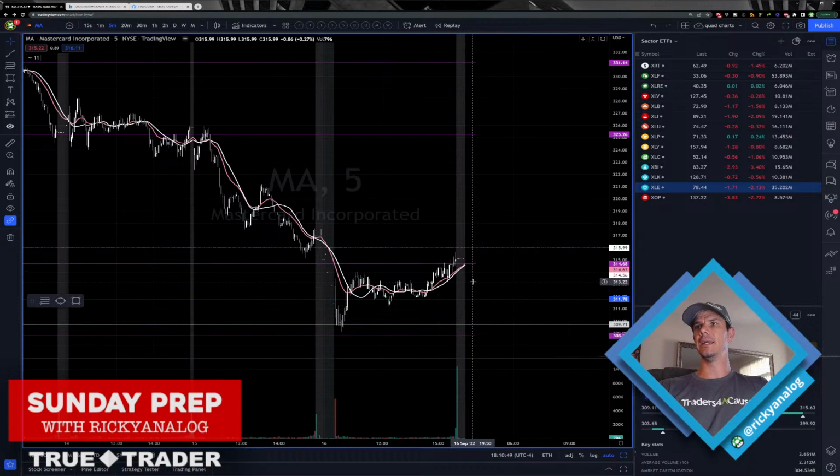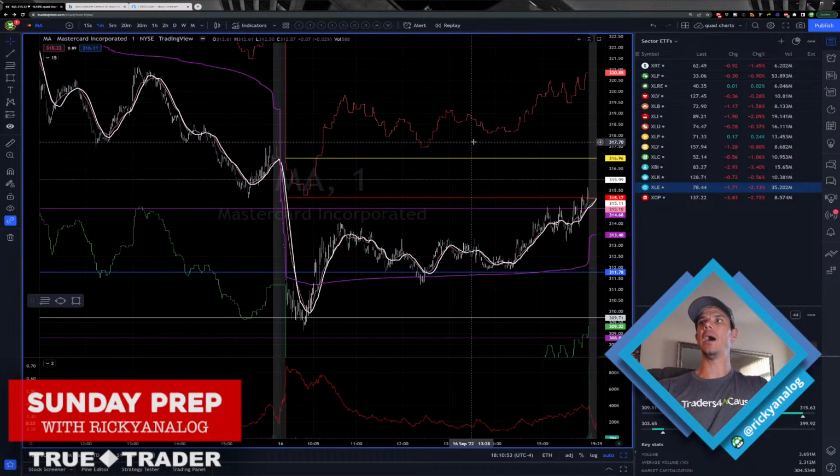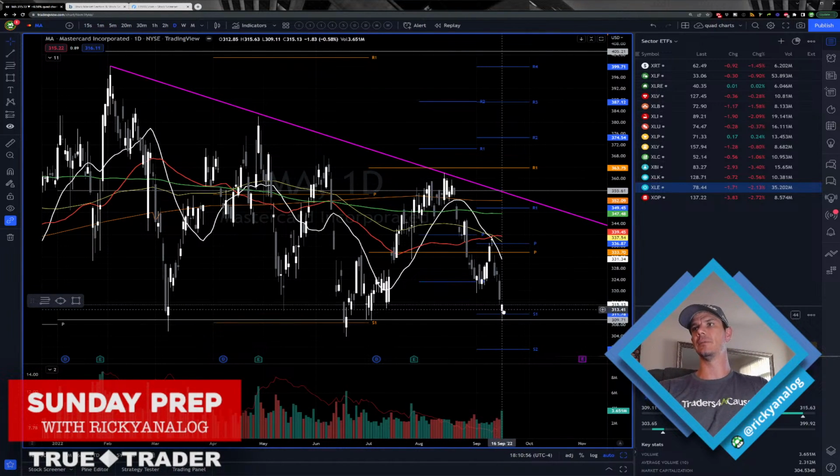And the idea is to get a good move up on a day trade, but possibly leave something on for a runner, because I think this goes back to the 20-day at least, right? So if you're down here risking under 308 or whatever, if you're risking Friday's lows, this is very asymmetric, especially